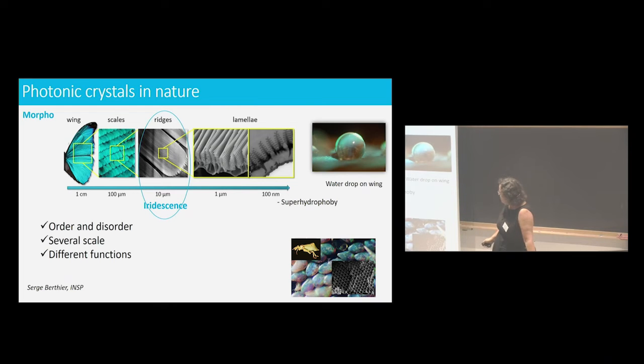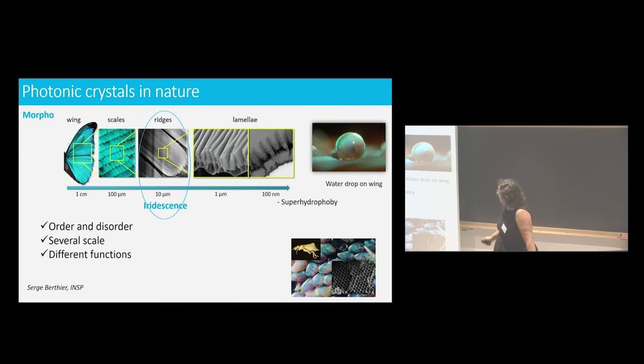A morpho wing, when you look at it with the optical microscope, you see scales, which are represented here. And then you want to go further to look more precisely, so you have to go to an electron microscope. When you take this scale here, you get this. So you see the scale here, and then you can increase the view and see the structure, which is complicated.